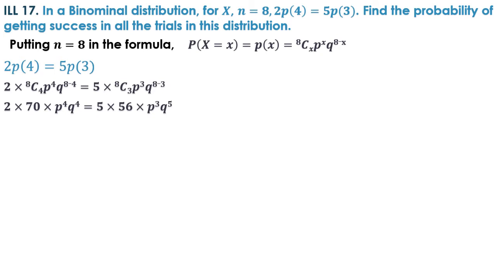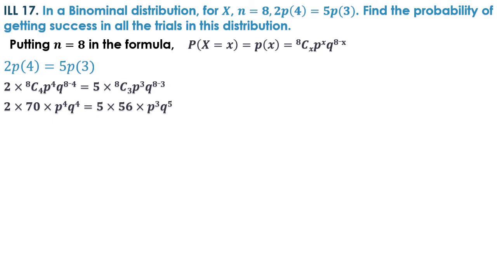8C3 is 56, so 5 into 56 into p raised to 3 will be p raised to 3 and q raised to 8 minus 3 is q raised to 5. Now I'm going to start cancelling the values. On the left hand side I have p raised to 4 and on the right hand side I have p raised to 3. So when we cancel them with each other, we are left with a single p on